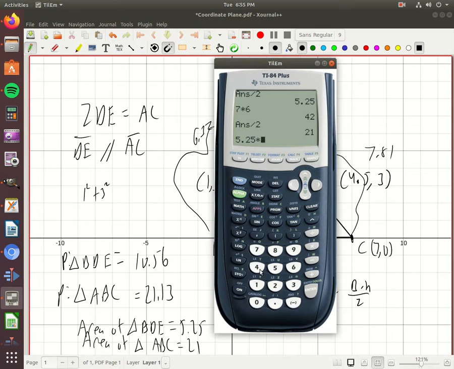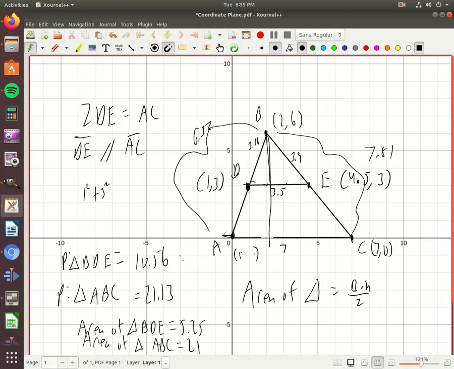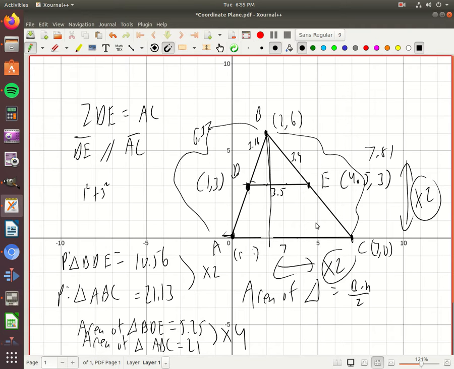And you're really going to explore this relationship in Integrated 2. But why is the perimeter 2 times as big while the area is 4 times as big? Well, here's why. Because it's growing twice as big from left and right, and it's growing twice as big up and down, and 2 times 2 is 4. So the perimeter is only growing in one direction, so it's twice as big, but the area is growing in 2 dimensions, so it's 4 times as big. There's some interesting implications to this that I won't go into in this video, but essentially that's the way it works, and like I said, we'll save that more for